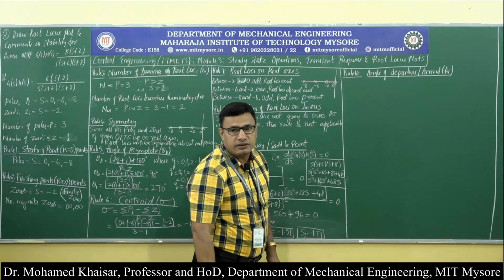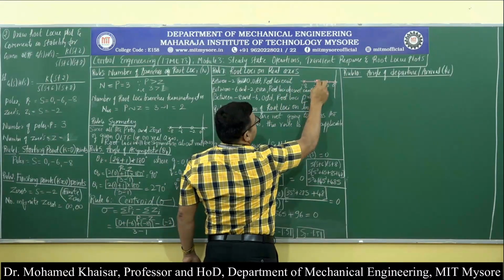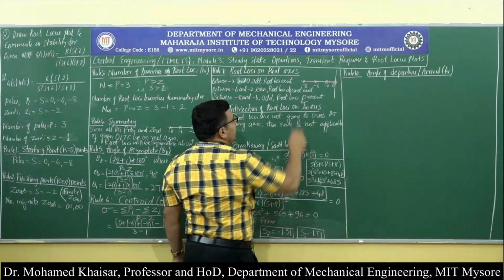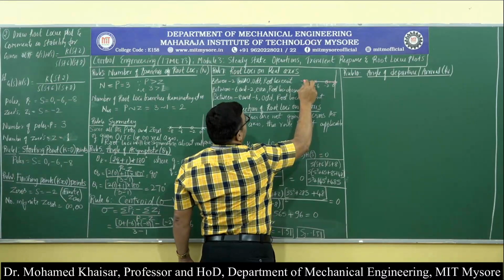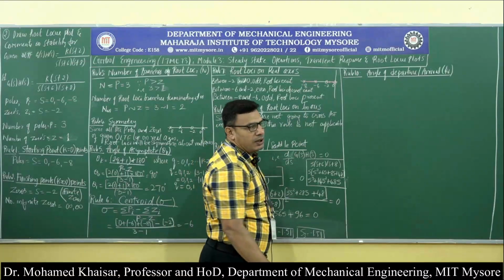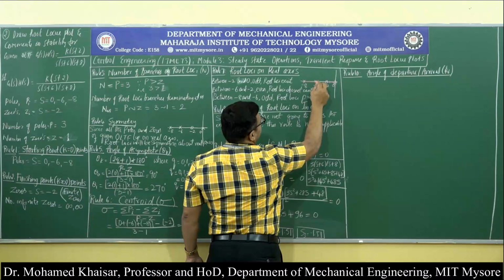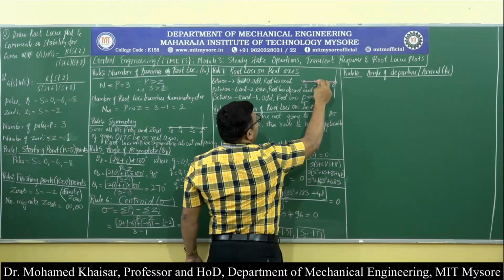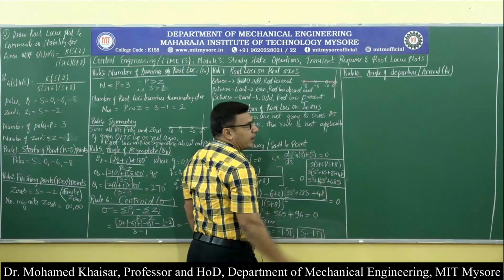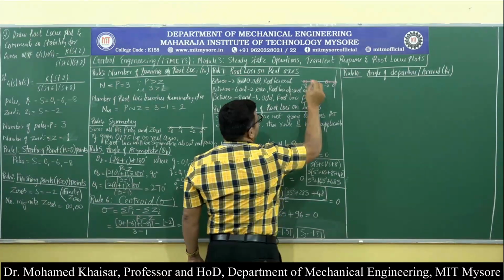Why it doesn't start is because, as we have known here, the root locus is not present between -6 and -2. So if you write an arrow here, it will become wrong. The root locus is not existing beyond -8 also. Root locus is existing between -8 and 0. That means the starting of the root locus will be in the direction: if we take -6, it will be towards -8. If we take -8, it will be towards -6. So one branch is starting here and one branch is starting here.